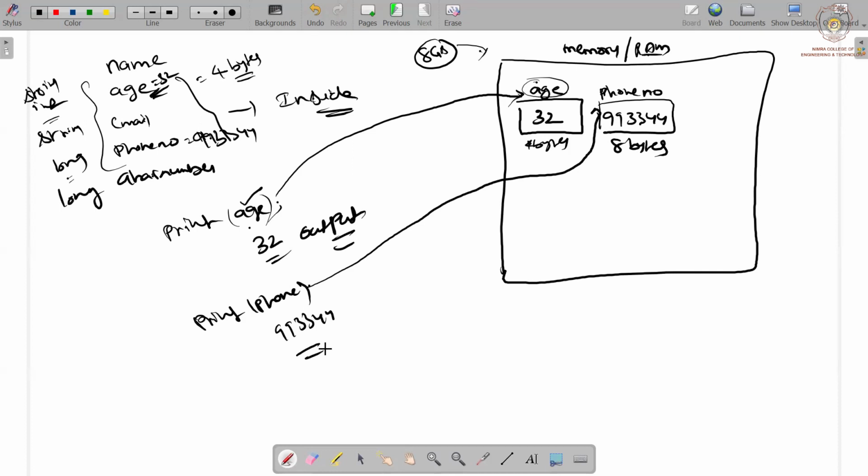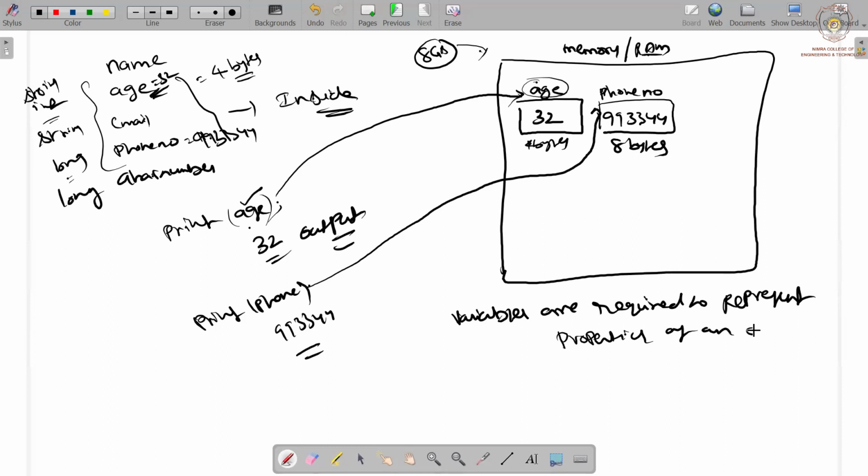Okay. So, simple to say, variables are required for you to represent the properties of an object, right? Variables are required to represent properties of an object. Now, when it comes to the actual definitions: